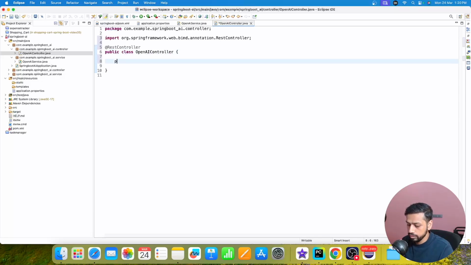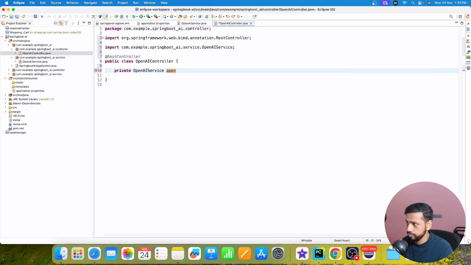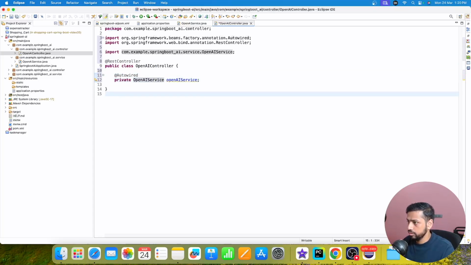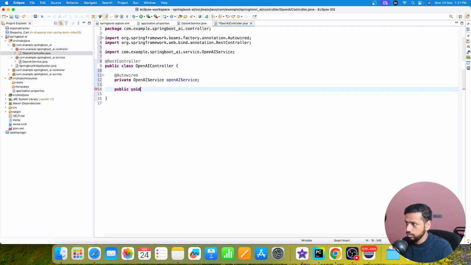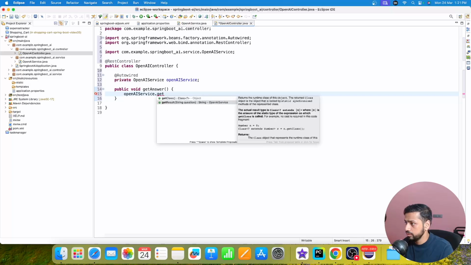What we want is an OpenAI service instance here, and let's auto wire this. Now we need a method. So public void, this is not going to return anything, and here we will say get answer, and here we are going to call the OpenAI service method get result,